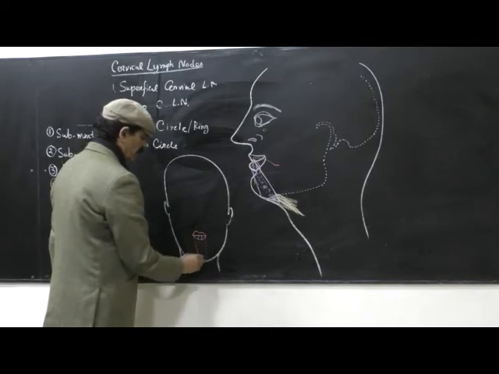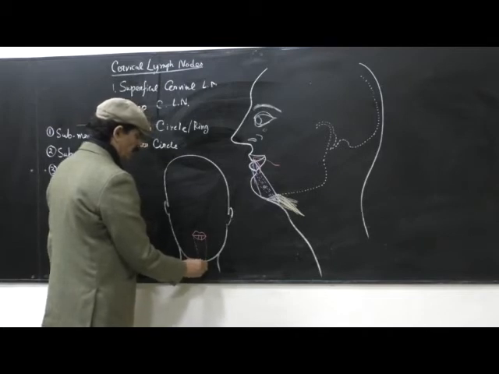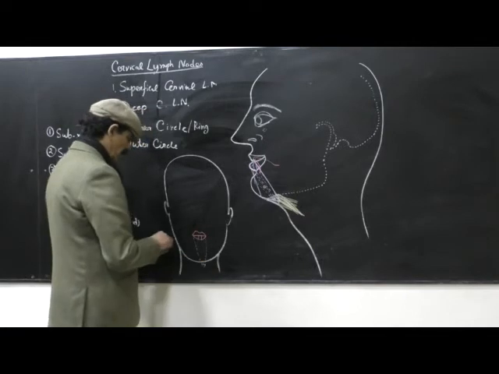This much wedge-shaped area is the submental group of the lymph nodes, which lies